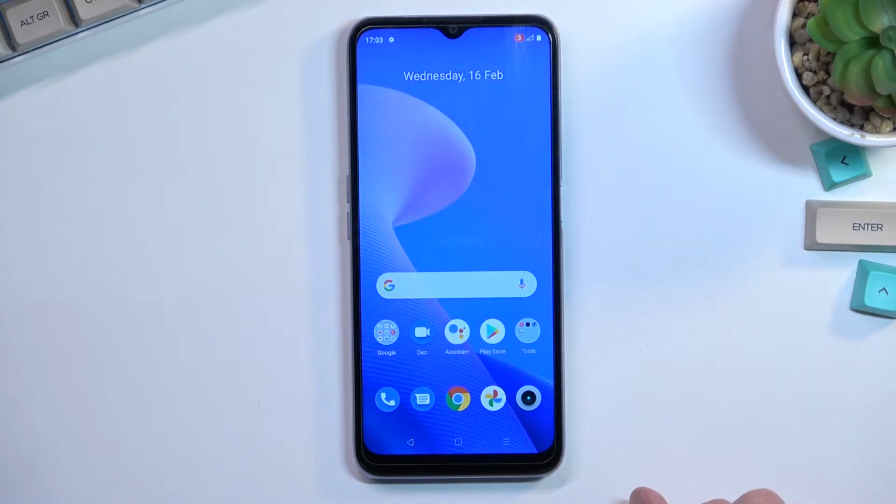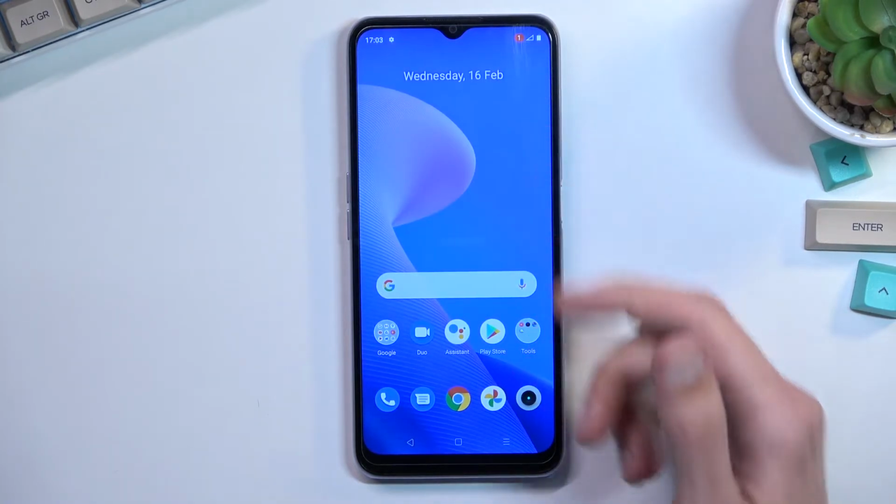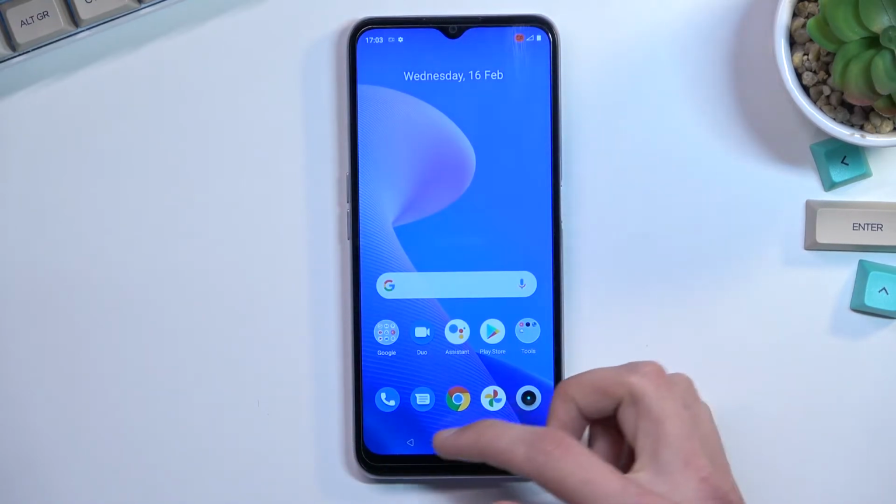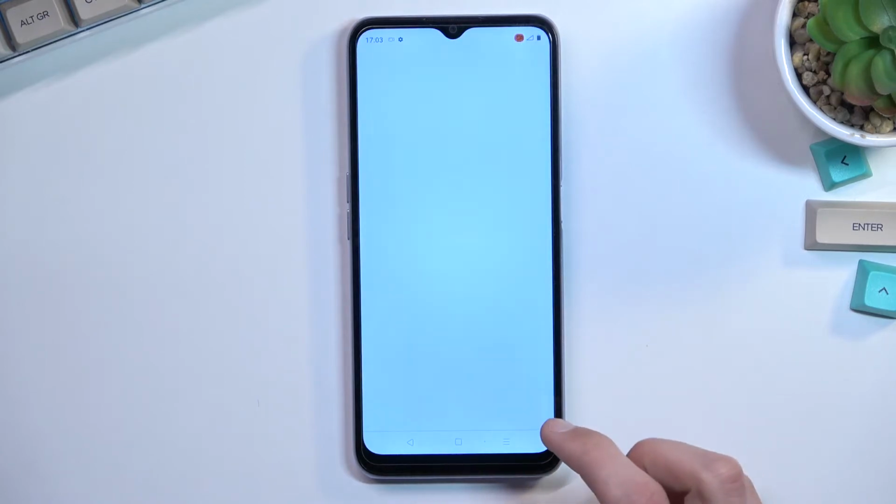From there, let's select start. It will give you a countdown, and from there start recording. So whatever you will do right now will be obviously recorded. So any kind of app you open,